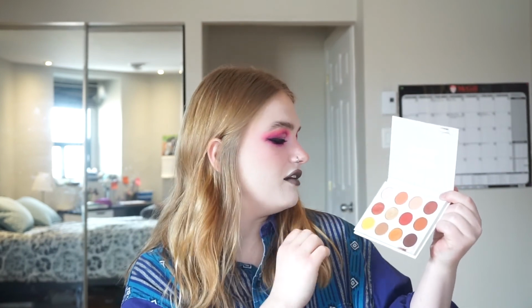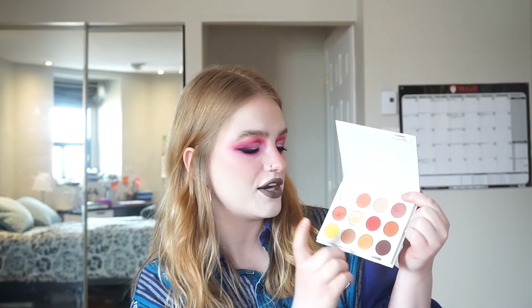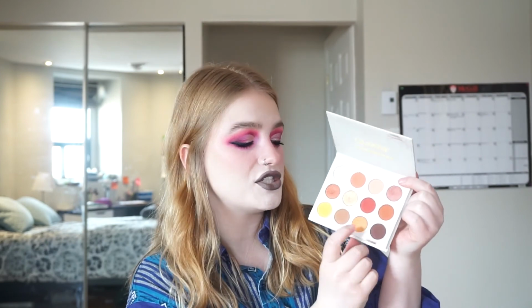And I just think it's such a good palette. Again, I love Colourpop's quality. I really, really love this reddy, orangey shade. I love the yellow. I love all of the peachy, orangey, tangerine shades in here. I love the idea and the tone and the color of this shade,